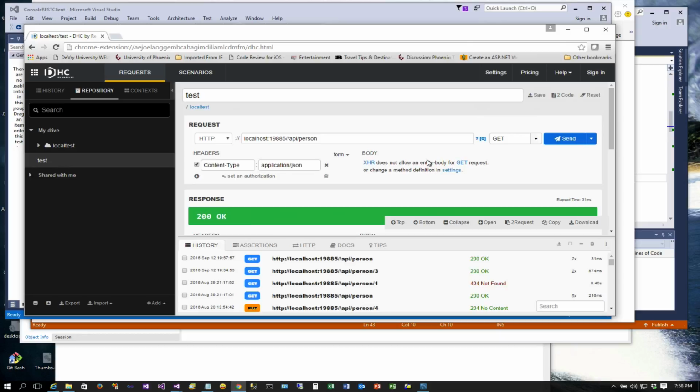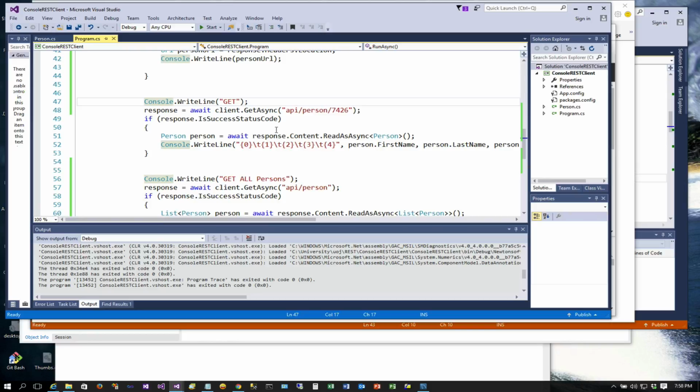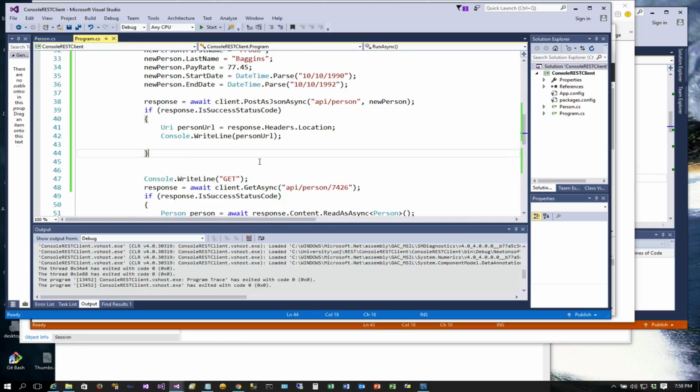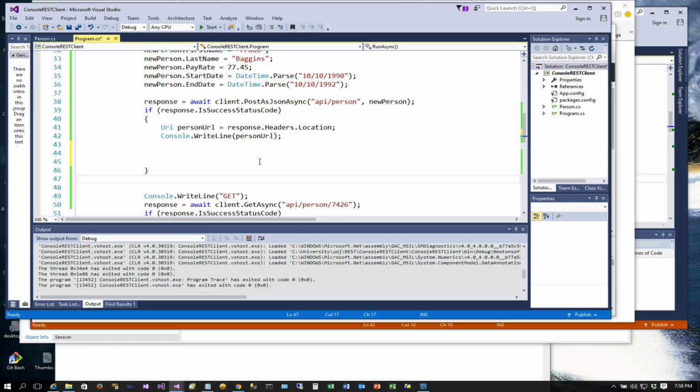All right, now if we wanted to do a put, it's really easy. I'll demonstrate just adding the code in right here. Once we have the URL, it's really easy. I'm going to take this particular person, add Frodo again, but this time we're going to give them a raise, the pay rate is equal to